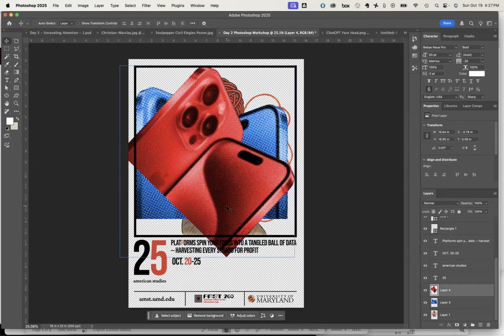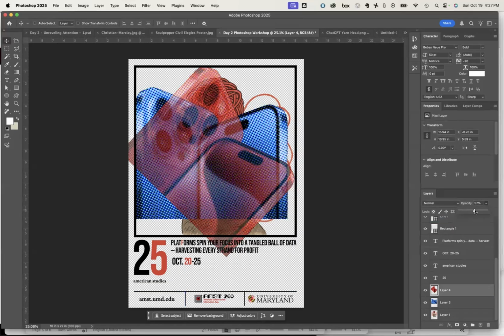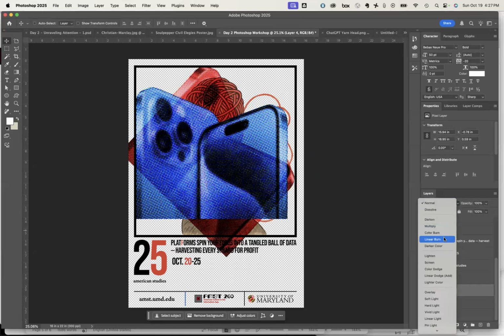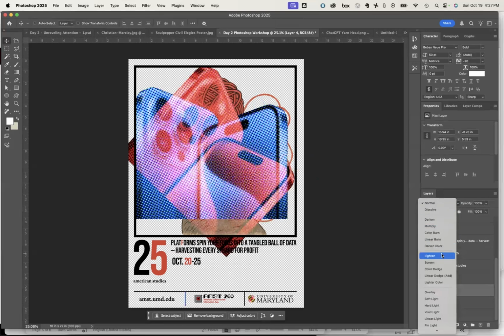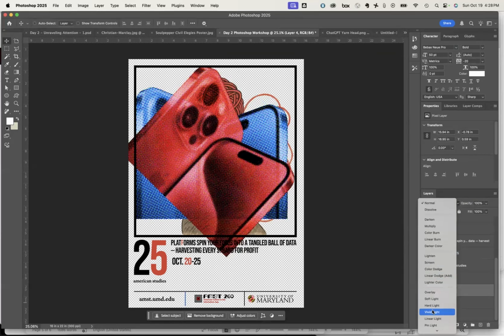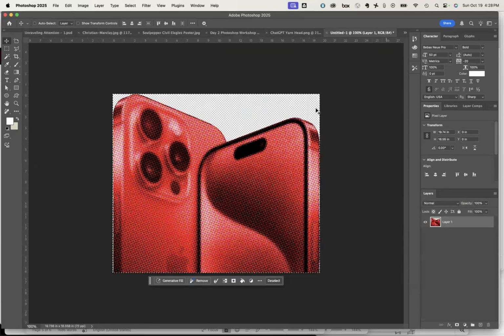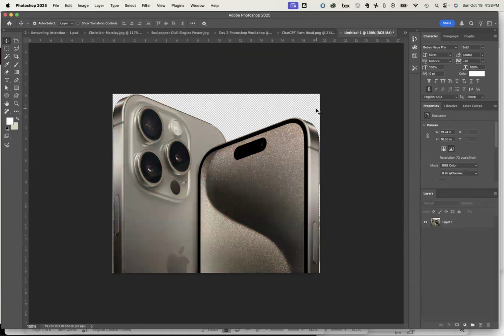And I'm going to hit enter. Now, the relationship between these two can be, we can shift the opacity if we would like to. The other option is for us to choose one of these, such as lighten or screen. And you can scroll through these and see which one, like vivid light, looks good. I'll choose that one. Let's go back to our hero and Command Control Z a couple of times until we're